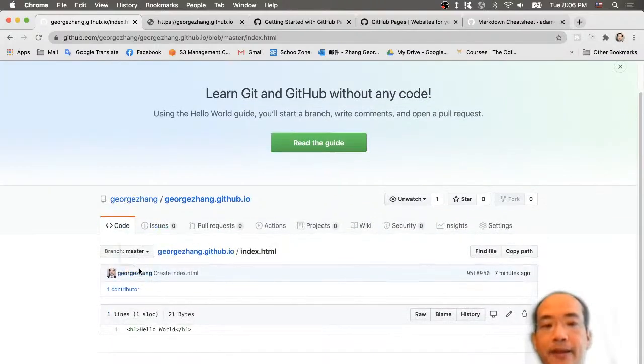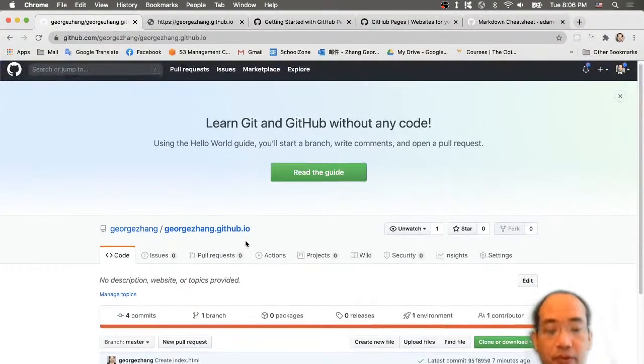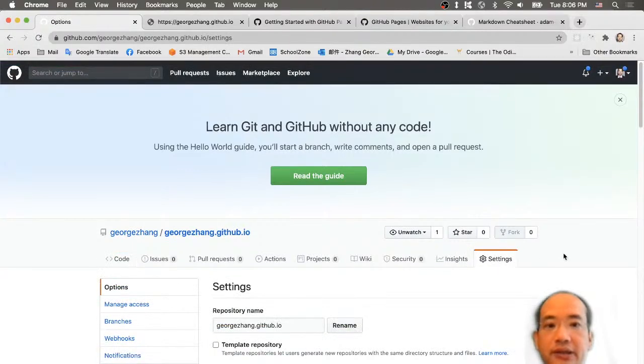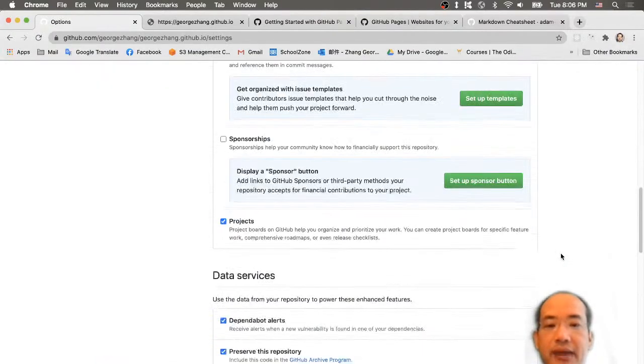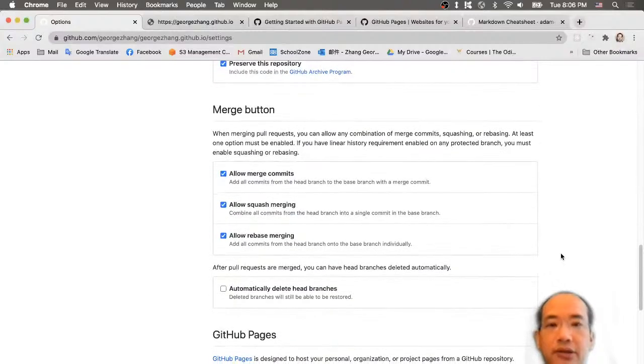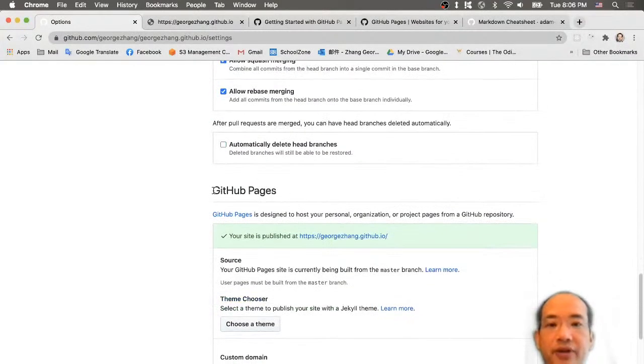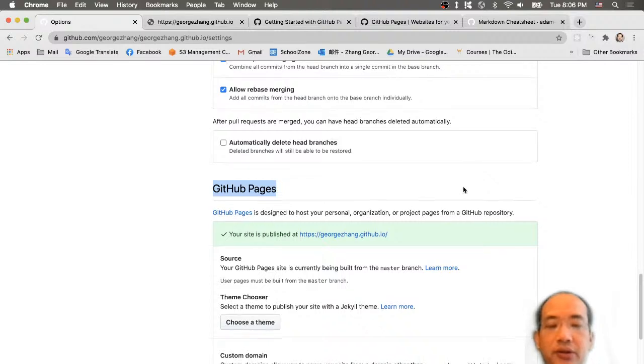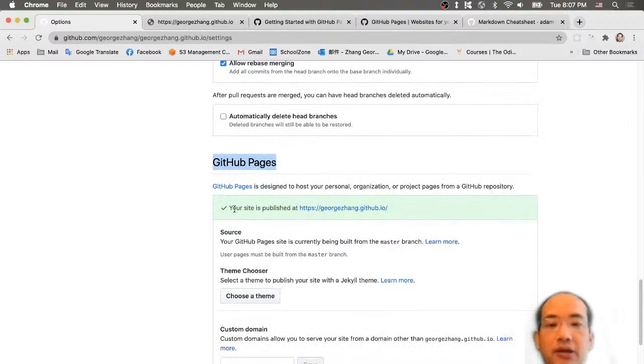Okay, and now you can go to your website. Where's your website? The URL is hiding in your settings. You click on the settings, you scroll all the way down slowly, but you will find something called GitHub Pages. And there should be some green tab here saying your site is published at